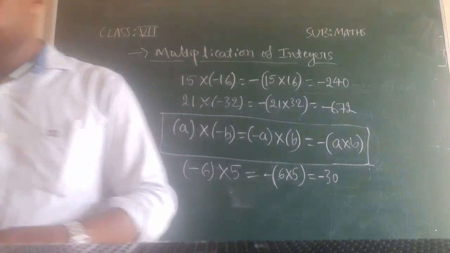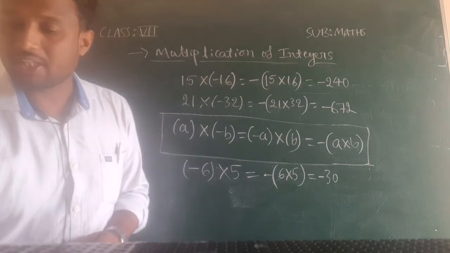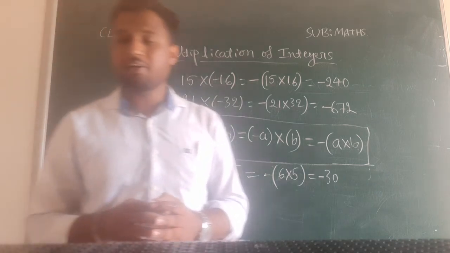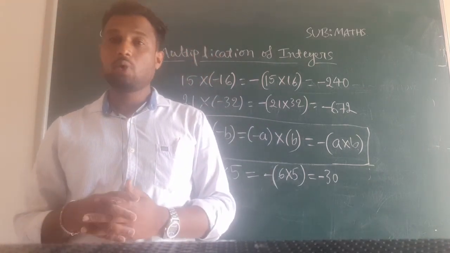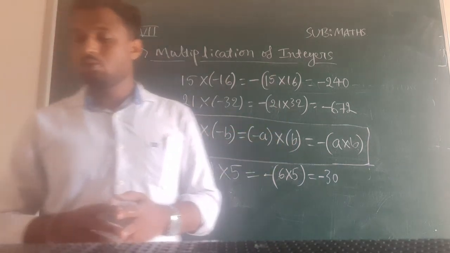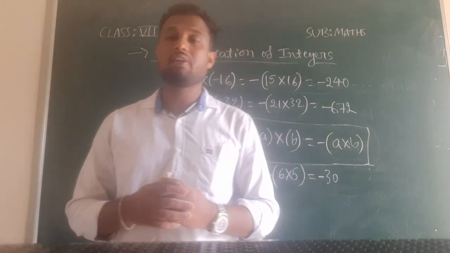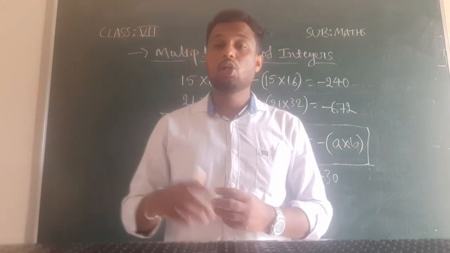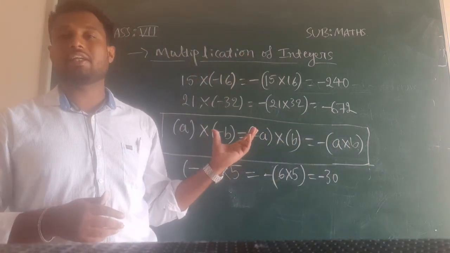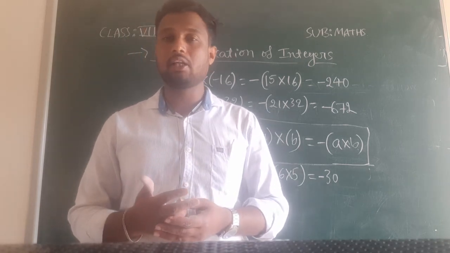Okay. So now they have given some more problems in the textbook. Just solve those examples and try these problems where you have only one negative integer. Like this only you have to solve. So I hope you are clear with this concept, and in the next class I will continue with multiplication of two negative integers. In this class, you can see we have only one negative integer.